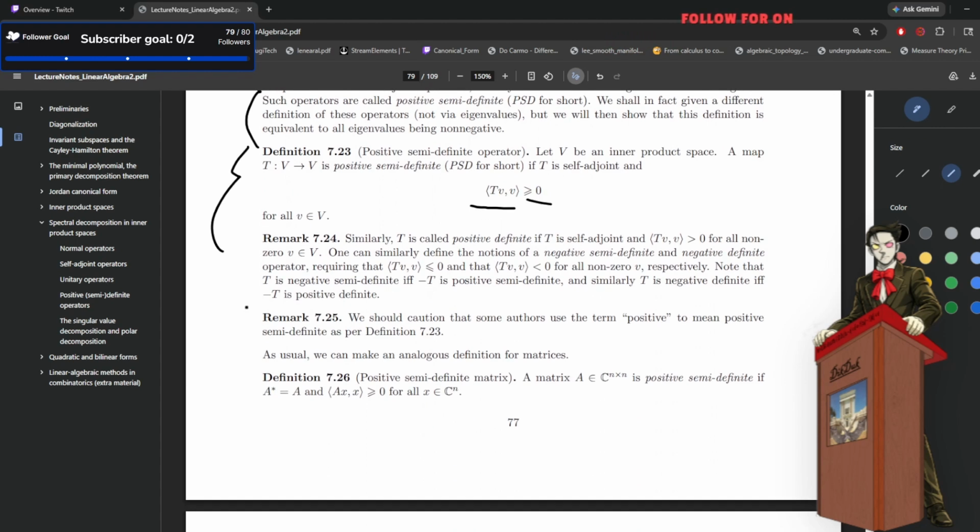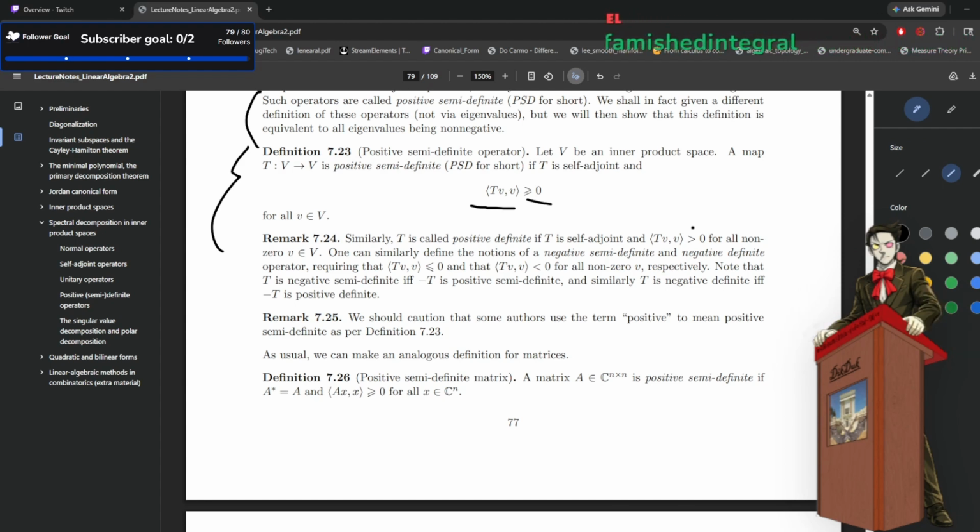Scroll down. Perfect. Remark 7.24. Similarly, T is called positive definite if T is self-adjoint and the inner product of TV with V is greater than 0 for all non-zero V in V. Note that it loses the semi-definite and becomes just definite. One can similarly define the notions of a negative semi-definite and negative definite operator, requiring that